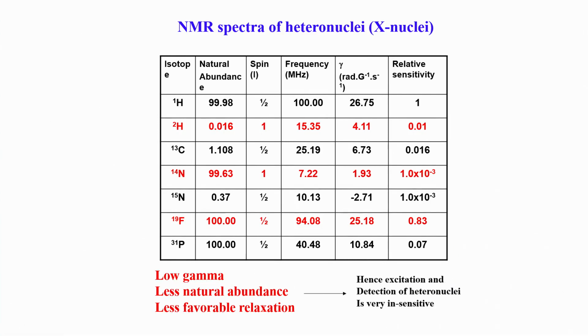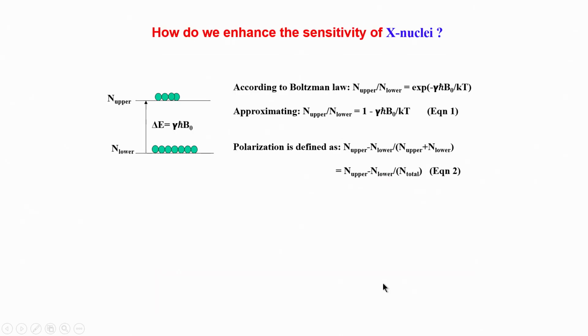So, hence what we do in heteronuclear NMR, because all the heteronuclei are less sensitive compared to proton, we excite and detect protons in a selective manner, as shown here. We will see how we do that, and we do not directly look at the heteronucleus, we actually look at it indirectly by transferring energy or magnetization from proton to carbon or proton to nitrogen, and then coming back to proton to study it. So, this is called indirect detection of heteronuclei. This is sensitive. So, let us go a little bit into that.